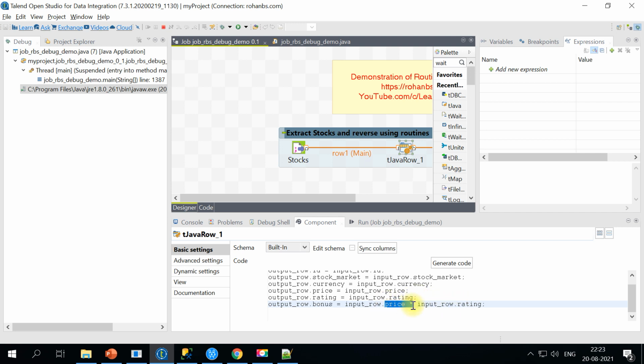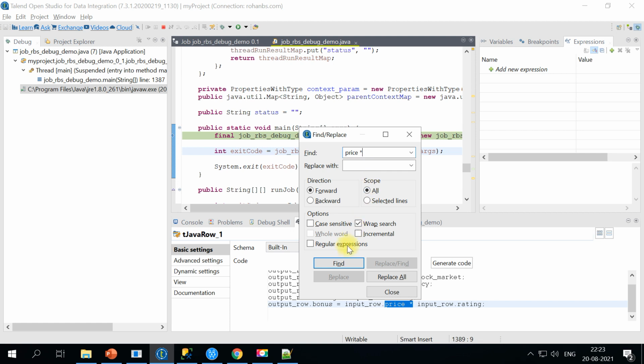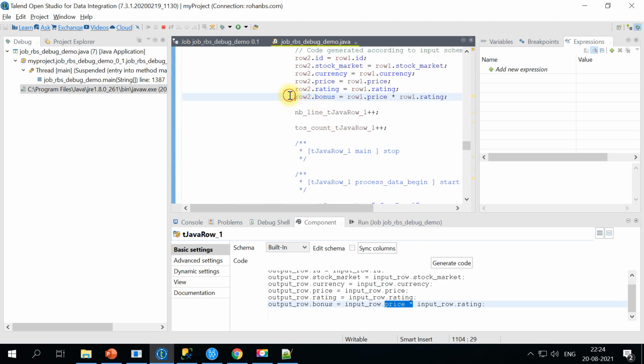I'll take some keyword here and go to this Java file. We can do a search here and search for price star. So this is the section, right? This is where we are performing the calculation.